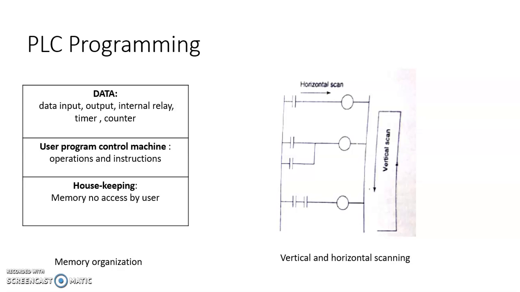The typical memory organization, as shown in figure, has mainly two categories of memory: user program and data table. The PLC program is entered and stored in user program, and it contains the logic that controls the machine operation. The data table stores the information needed to carry out the program, which contains information of status of input and output devices, timers, counters, and data storage, etc.